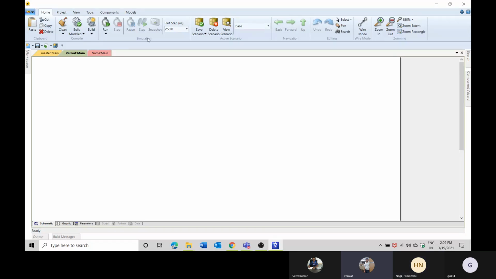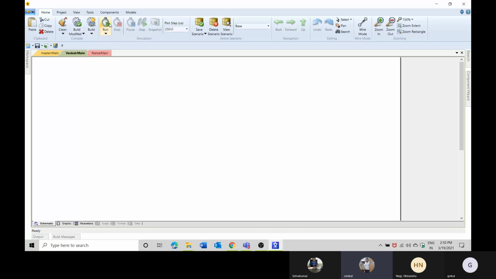Yes, thank you. The other option I want to tell you about is this menu bar. What this menu bar contains is the editing options, like copy and paste, and the build options to modify this, and the algorithms which run in the background when we use these options. When you want to run the particular project, you can use this. Here you can see this run button. These are the options available to run a particular project.